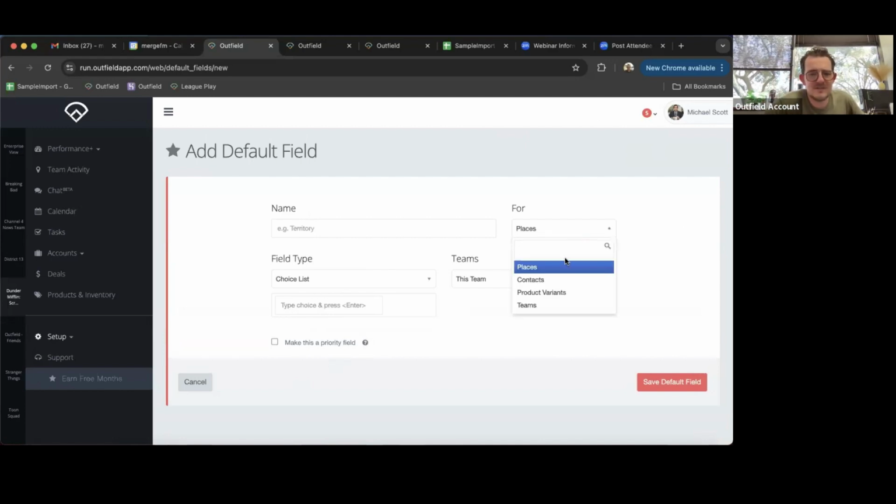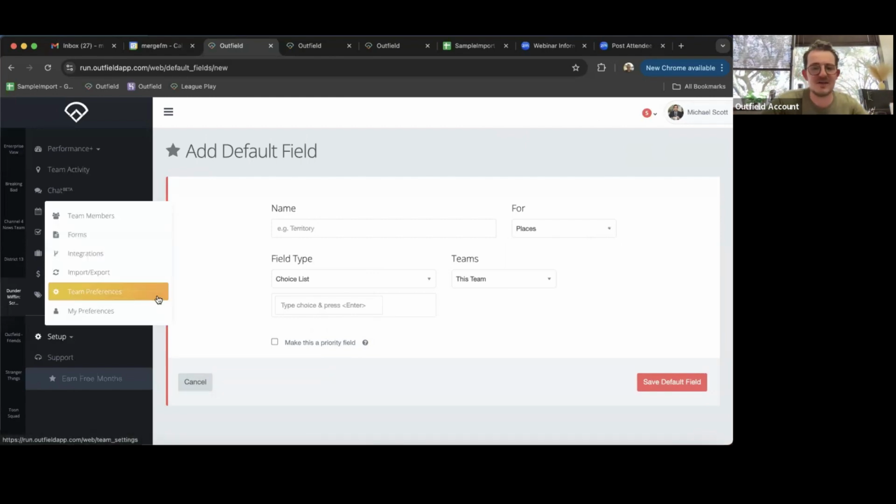And you can create these for places, contacts, your products, if you have some of those add-ons in Outfield, or your team altogether, which we typically would use more so for some of our integrations that we run. So, just like to keep the conversation open around that. If you guys, again, are interested in integration stuff,